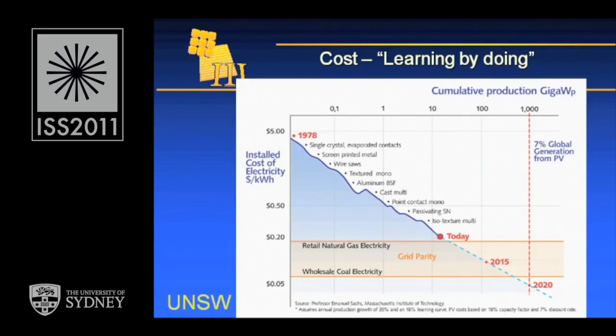So, in the 70s, when I first started getting involved in this area, photovoltaics was really expensive and there were limited applications that you could use them for. But as the technology has improved and the amount of product produced has increased and the manufacturing processes have become more refined, the cost has come down quite dramatically, well over 10 times. And if that trend can continue, if you just keep pumping up the volume produced,